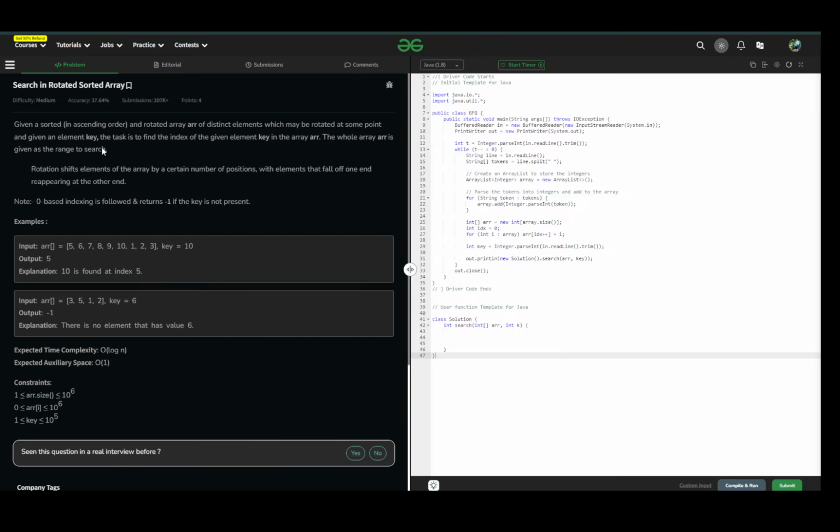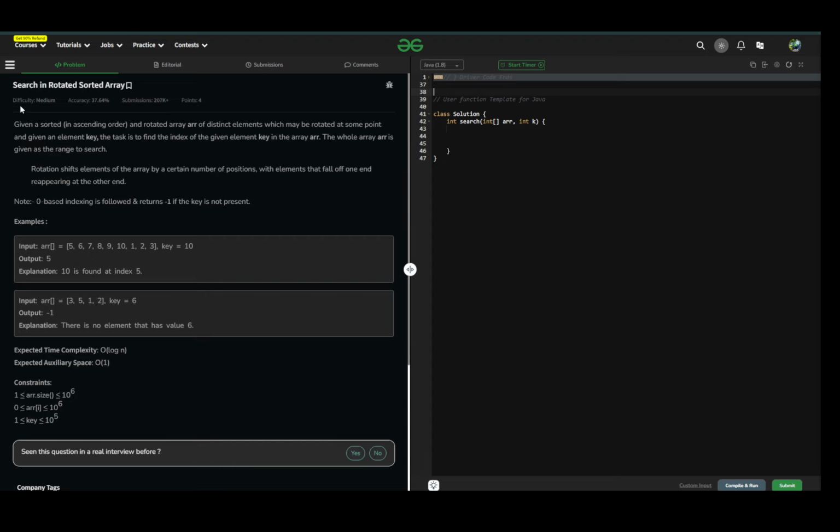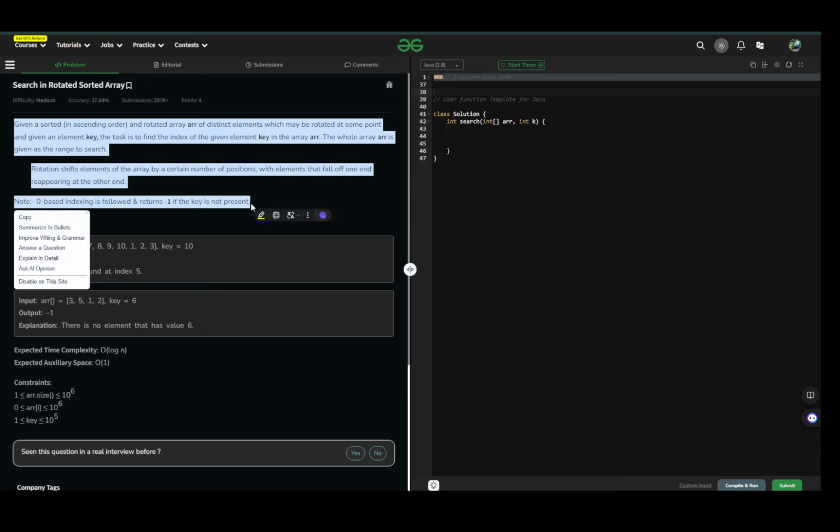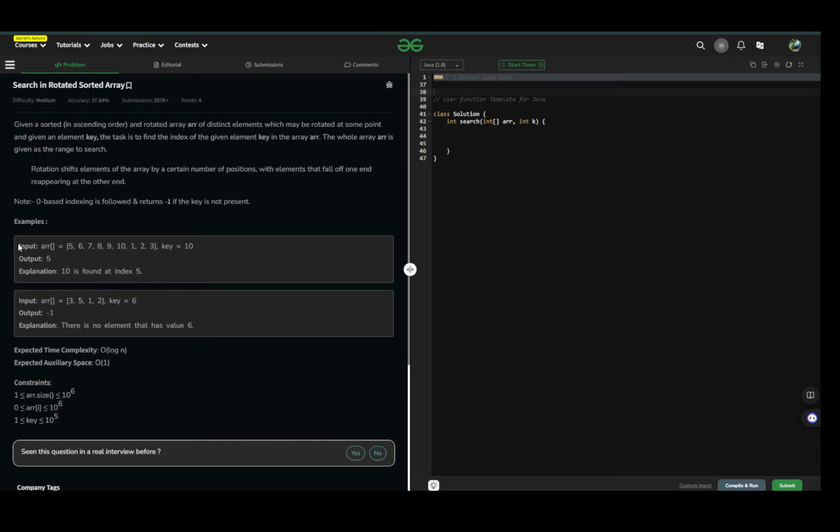As the question is given, it is in the medium difficulty category, and that's fine. We have to read the question first and understand it, and then we should try a few examples to get what the problem is and which algorithm is suited, and then we start coding. Whenever an interviewer gives you this question, you have to read it thoroughly. Let's start reading